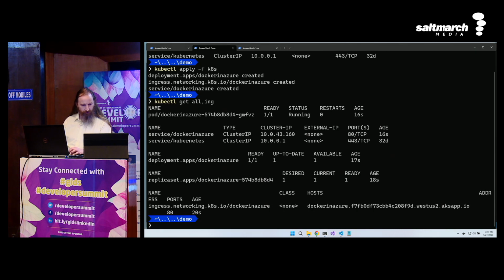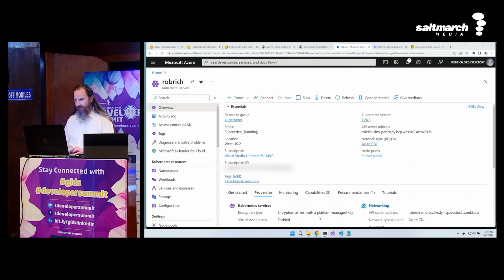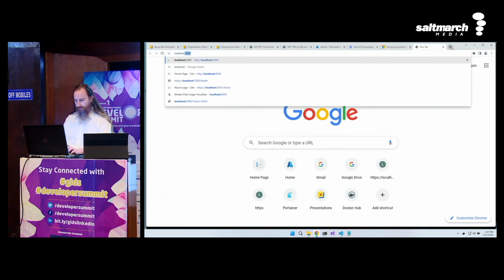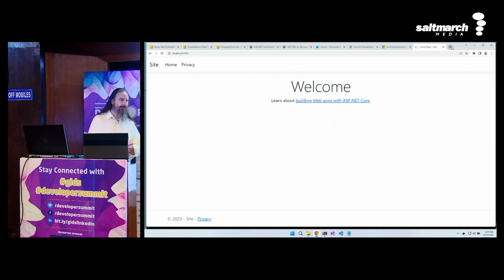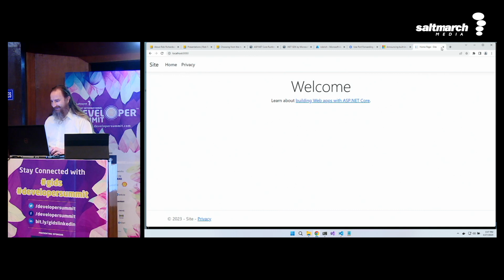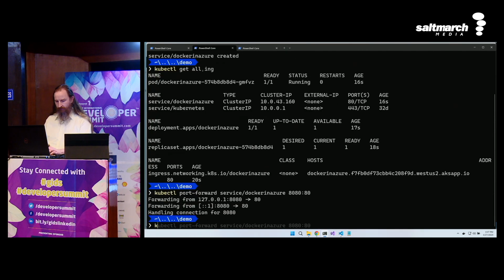I'm going to port forward 8080 on my local machine to port 80 inside of Kubernetes, and that'll get around the DNS issue. And here is that website running in Azure on Kubernetes. Cool. That worked out well.